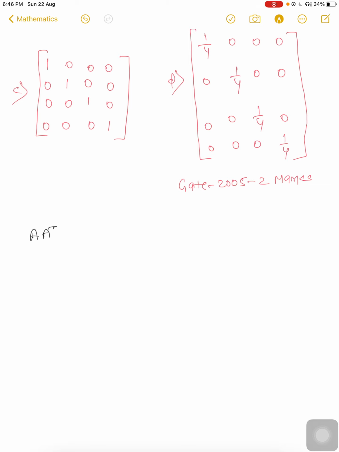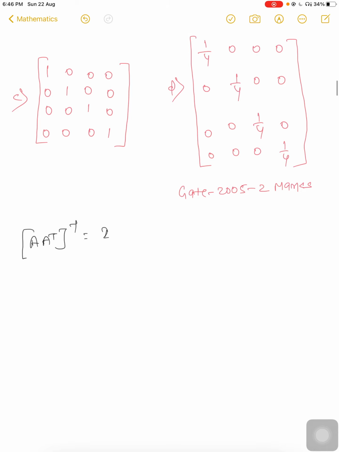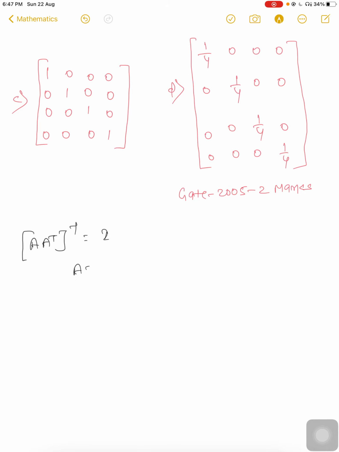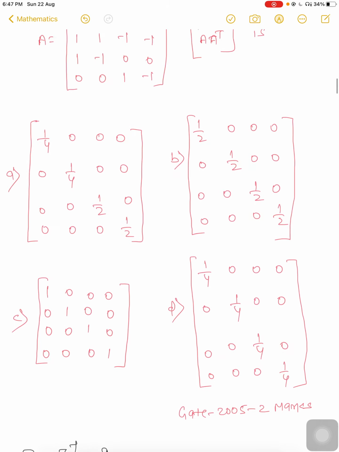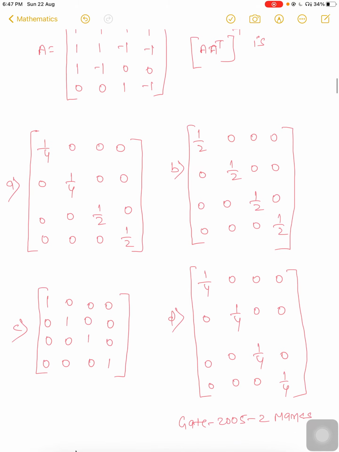See, if it is an orthogonal matrix, then A transpose of inverse will be the unit matrix. For an orthogonal matrix, A transpose A is I. This one is the theorem. A transpose is equal to I matrix. So inverse of I, always inverse of I is I itself. So right answer will be C.